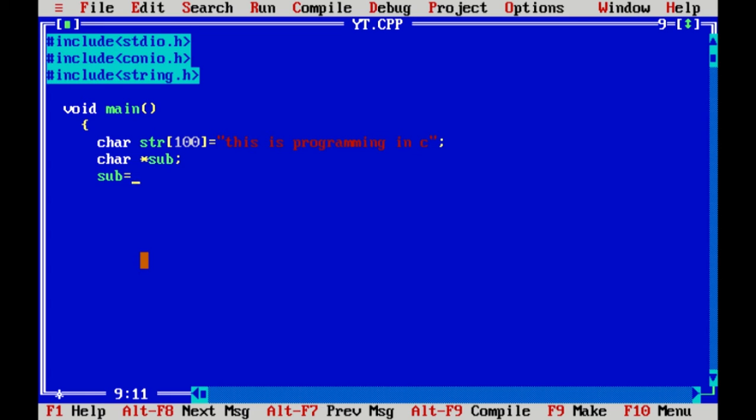Now sub is using the strstr function. If str is the string and the substring is prog, then print and display the substring. Okay, this strstr function will display the substring of the string. Okay, so the substring